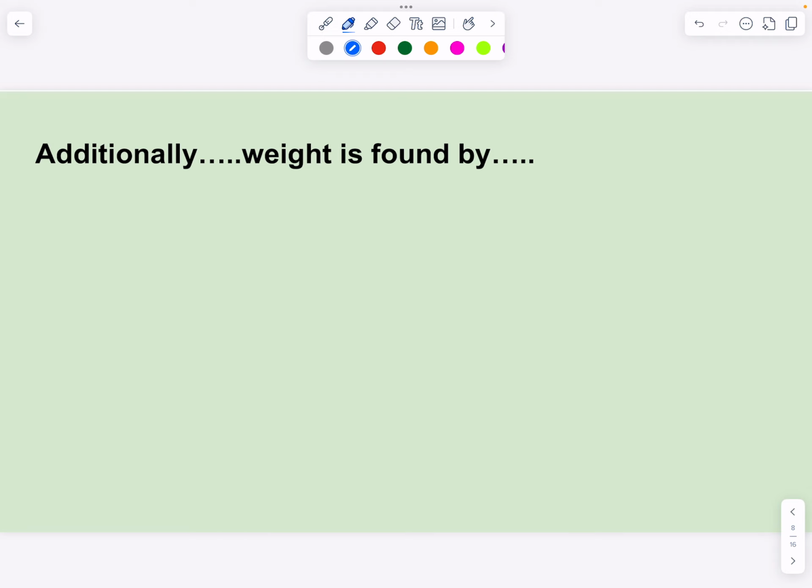Okay, let's do some practice ones together that we did in class. Oh, one more thing. Additionally, weight. We talked about weight a little bit in this lesson. They'll often refer to weight as your F_g, which we've seen before. We always think about it as the force of gravity, and it is a combination of the mass of an object and the gravitational field of the Earth. So the weight of a person is found by taking their mass and multiplying it by the acceleration due to gravity, g, which is really that 9.8 meters per second squared. So if I want to find the weight, that's the F_g of an object, which is its mass times gravity.